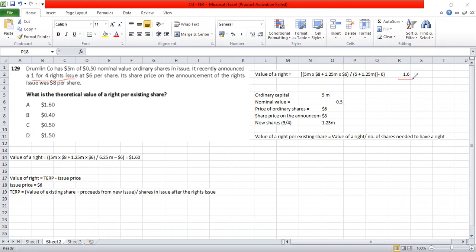Fine. 1.6 divided by how many shares are needed to have the value? So the answer is